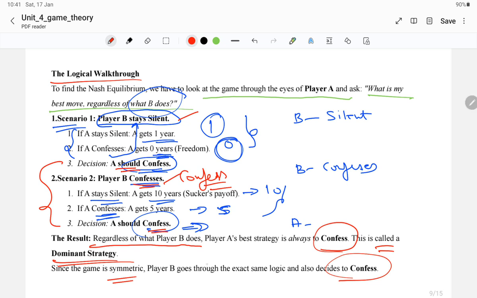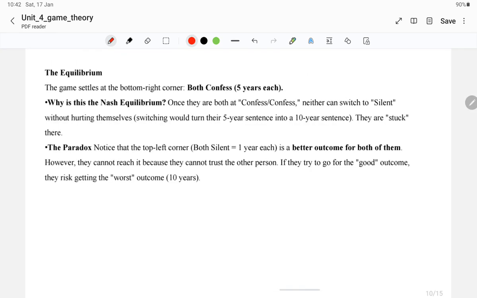Player B also analyzes that if player A stays silent, the best thing would be confessing for B. And if player A confesses, in that case also the best thing for player B would be confessing. So player B also goes through the exact same logic and decides to confess. So this is the logical walkthrough. So finally, what is the